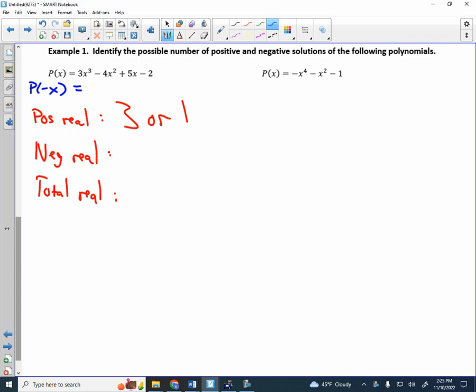I can write it out, but I'm going to try not to because I think you guys are all going to see this. Okay? I plug in a negative x. When I take a negative x and cube it, it will become a negative 3x cubed. We all okay with that? Yes. Now, if I take the negative x and plug it into the squared, it will stay positive, and then the minus will be a minus 4x squared. You see that? And then if I plug the negative x in here, it will become negative 5x,